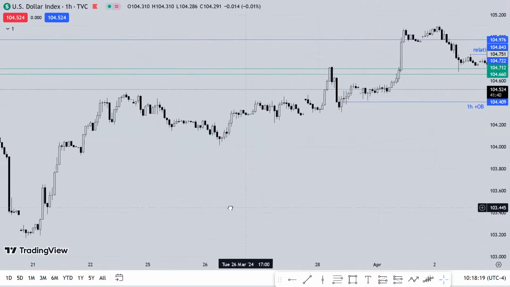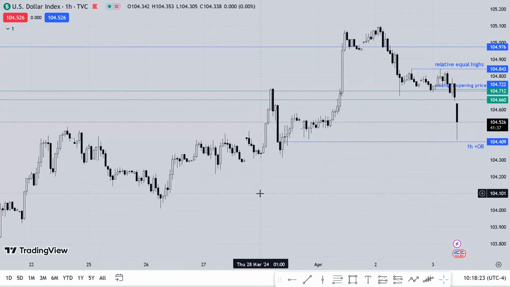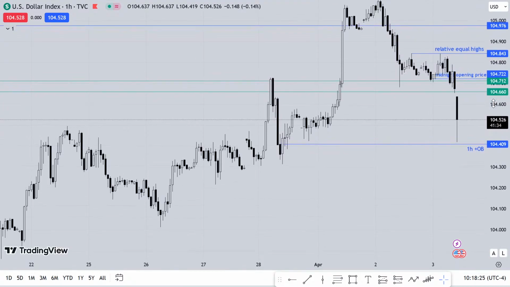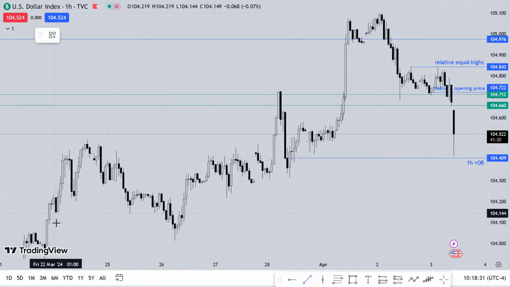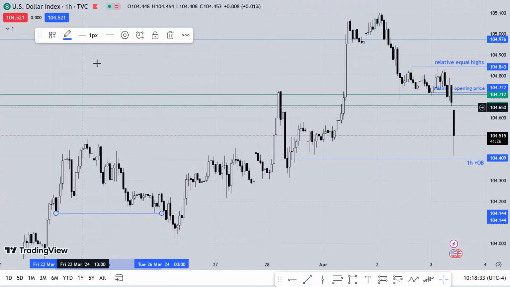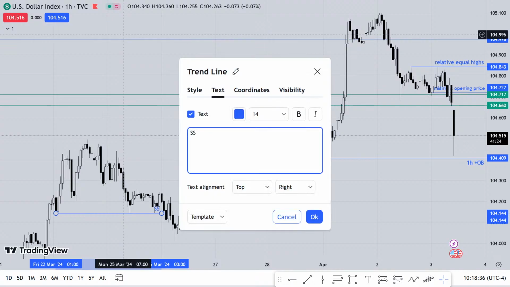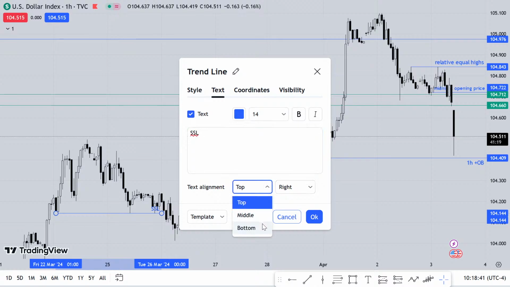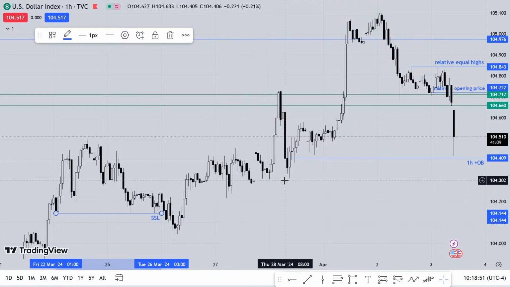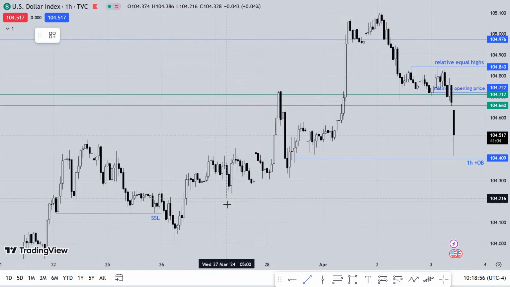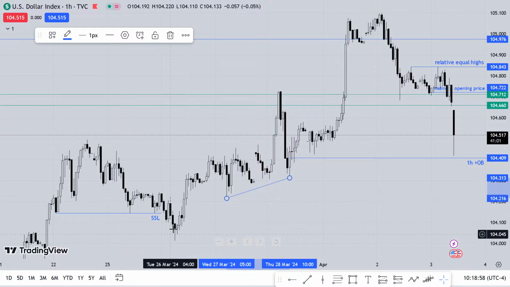When liquidity has been purged, we expect price to not draw back down lower to that pool of liquidity. For example, this sell side has been purged. Here we have sell side being purged. So there's no reason for price to be allowed to take out this liquidity, this trendline liquidity that was created here. It's allowed, but price is not allowed to go below